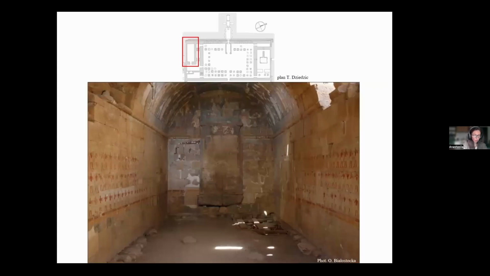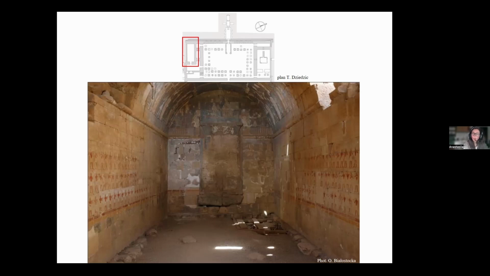Now let's move to the chapel of Hatshepsut. Its lateral walls were very typical for this room, offering scenes showing Hatshepsut at the offering table and in front of her a procession of men bringing various goods. These men have titles, but no names. And while different titles occur repeatedly on the 2 walls, and I should say that we have exactly 200 men represented on both walls, different titles occur here and there, but only one title seems to stand out,